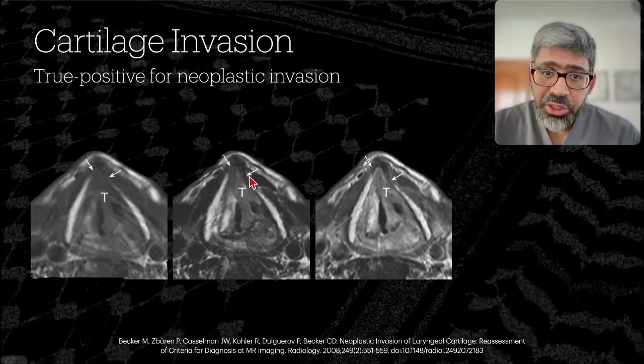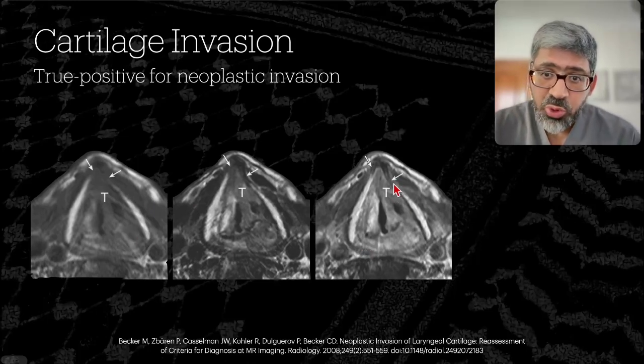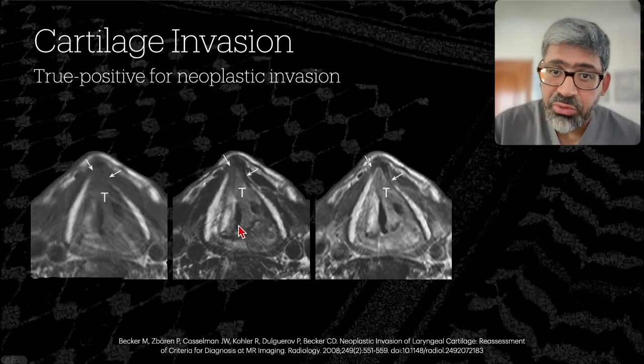Now, if you look at the anterior parts of the right and left thyroid cartilage lamina, you see there is abnormal signal within the marrow of the cartilage. And this is T1, T2, and T1 post-contrast. And you can see that the abnormal signal within the marrow has similar signal characteristics on all sequences to the original tumor. This is actually a true invasion of the cartilage